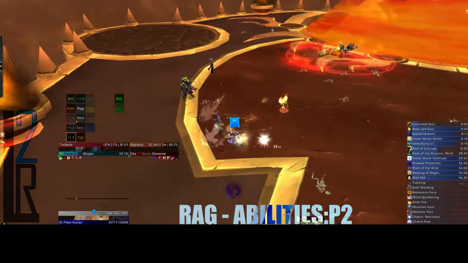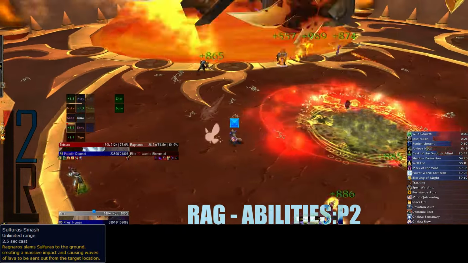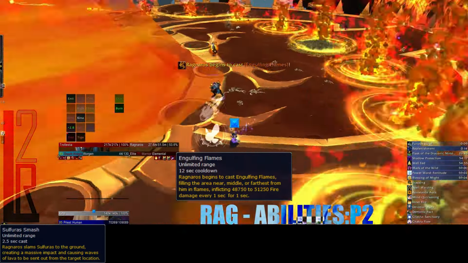In Phase 2, Ragnaros will retain his Sulphurus Smash ability. In addition, he will now periodically cast Engulfing Flame. This ability will randomly cover around 1/3 of the platform